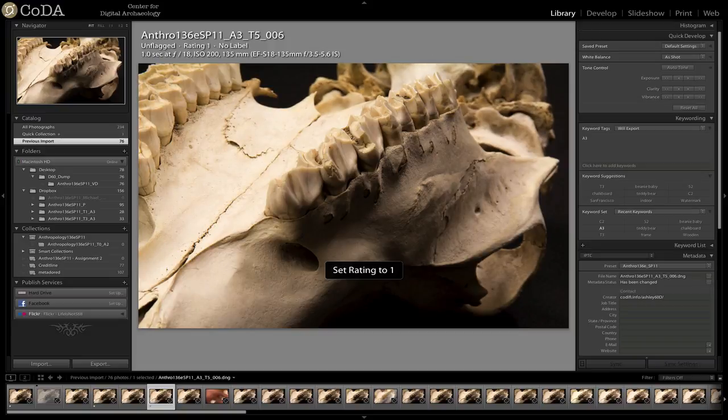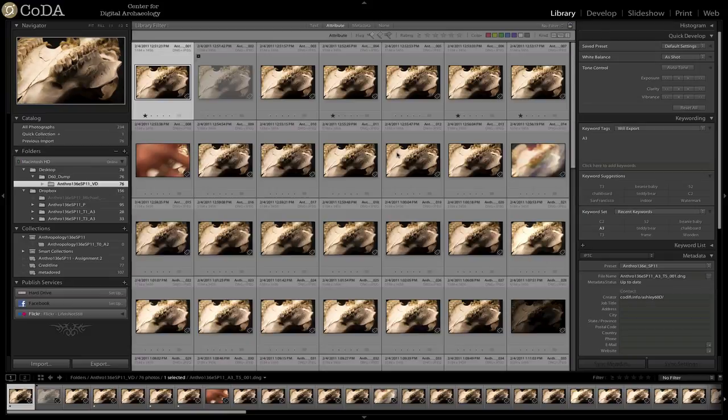I'm going to 1-star the 18 and the 22. So I'm going to give my creative director 4 images to choose from. Okay, now that we've made some editorial selections, I'm going to do a couple of additional housekeeping things on these